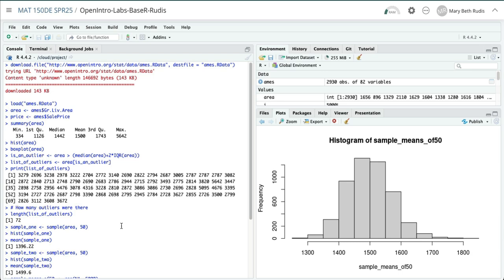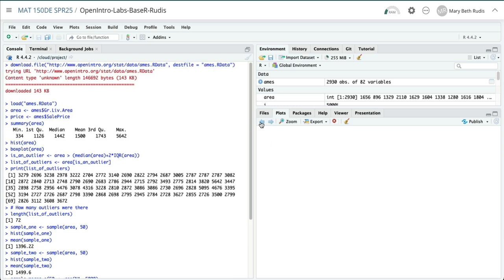So now that's everything that you need to answer the 4 exercises for the variable called area. And then for your lab, you're going to include all of that, but you're also going to repeat everything that you saw here for the price data. Okay,